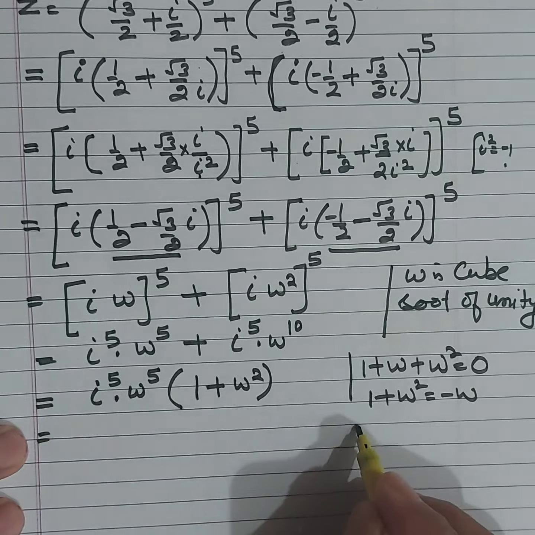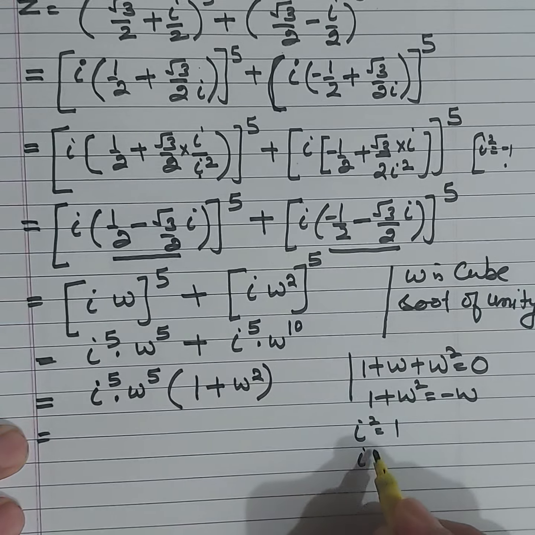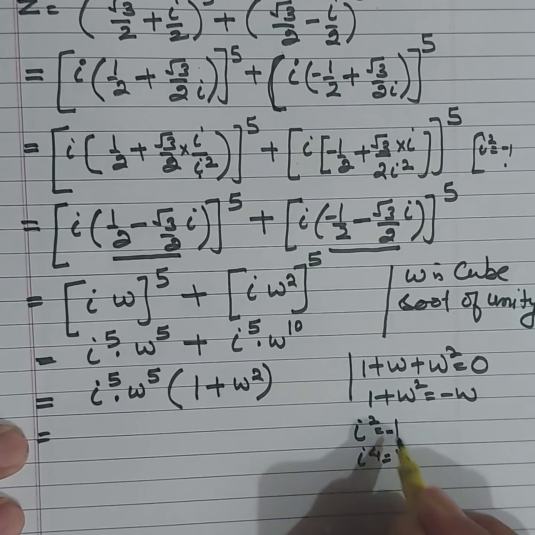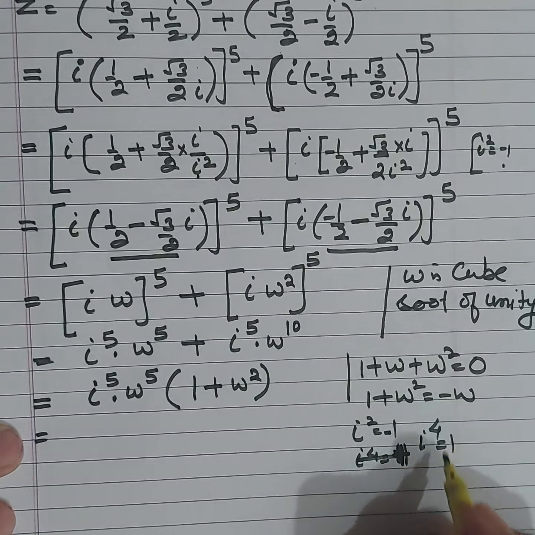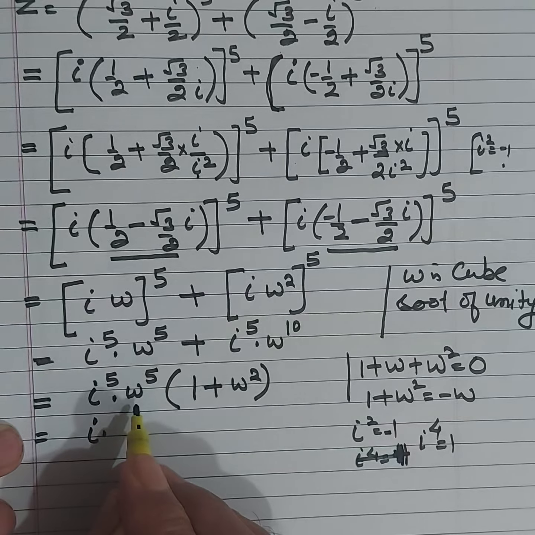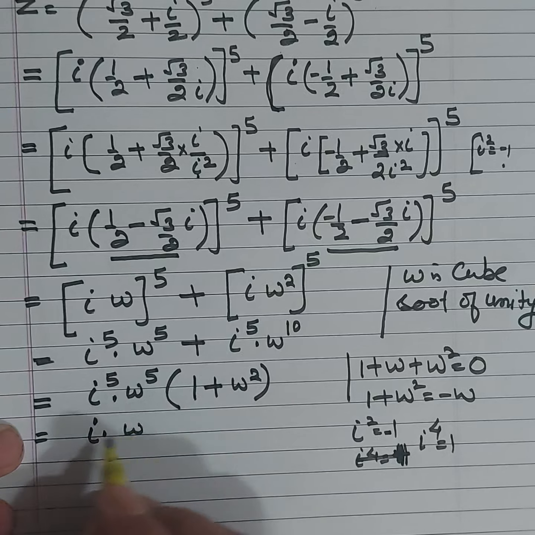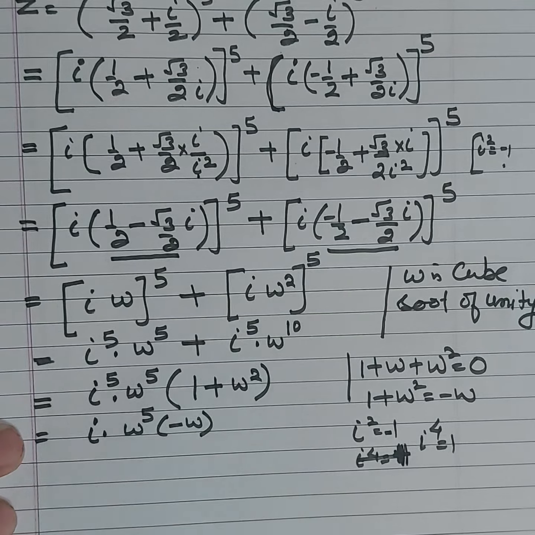And i square is −1, and i to the 4 is 1. So this is i to 5, so this will be i into i raised to 4, omega raised to 5 into minus omega,